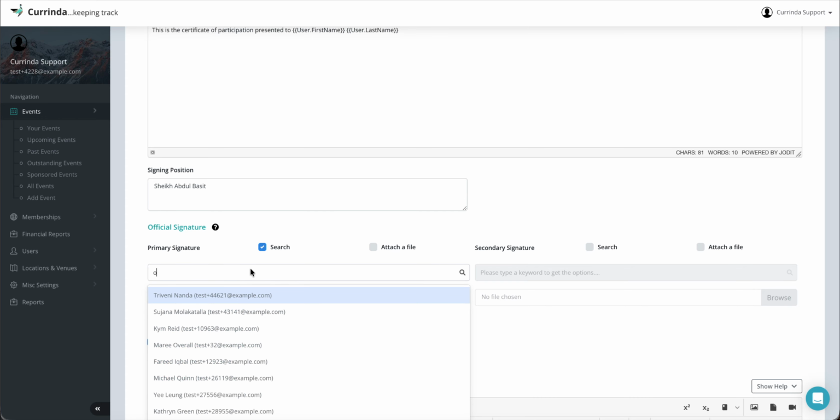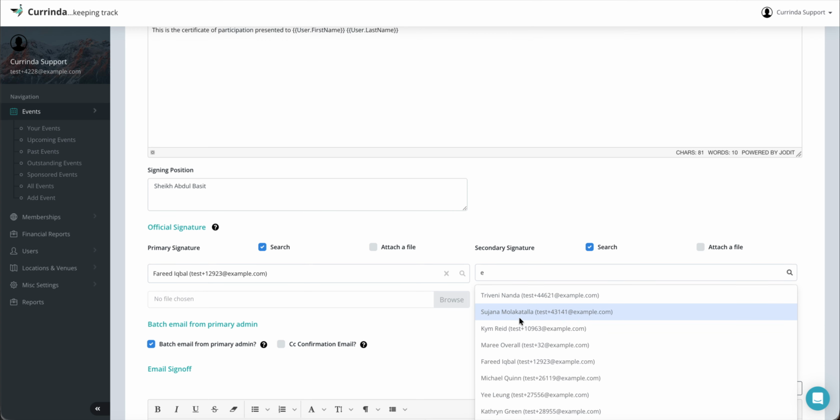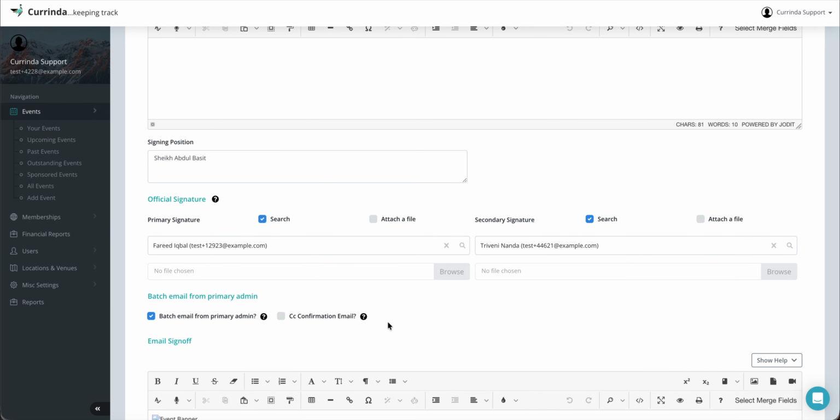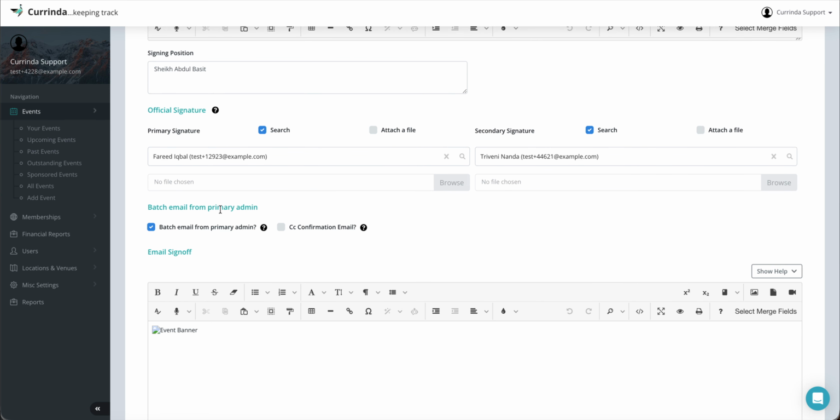Let's say I want to search for a user and attach them, and let's say I search for O, someone would pop up. Let's say Farid Iqbal, and I'll again do the same with secondary signature. Let's search for E. Let's say we select Triveni Nanda,